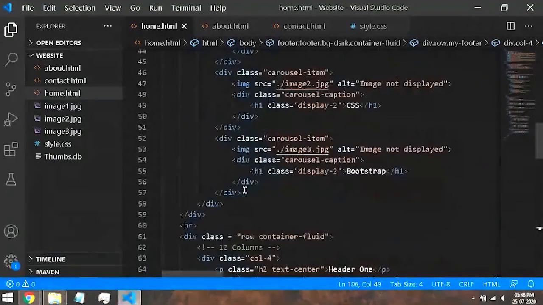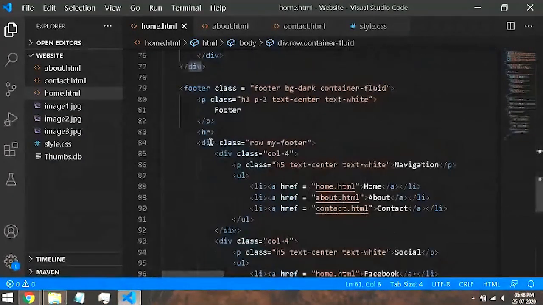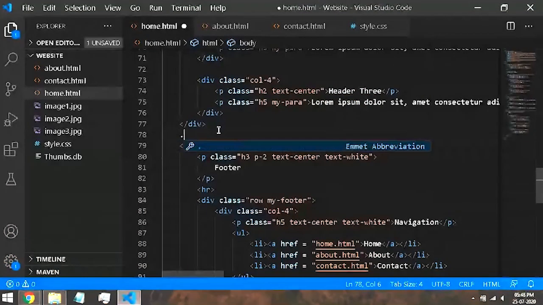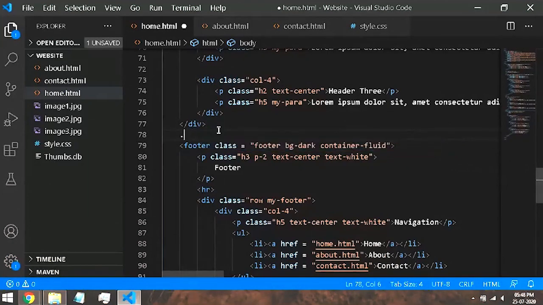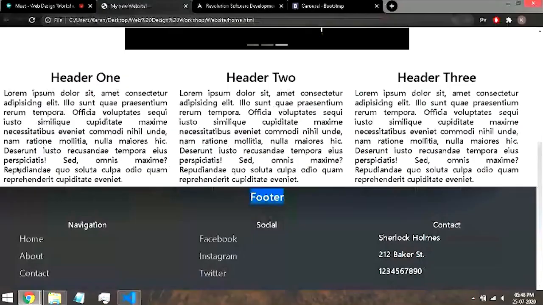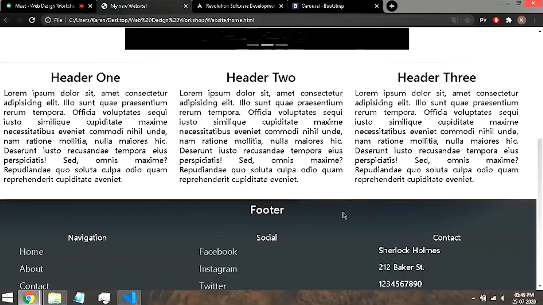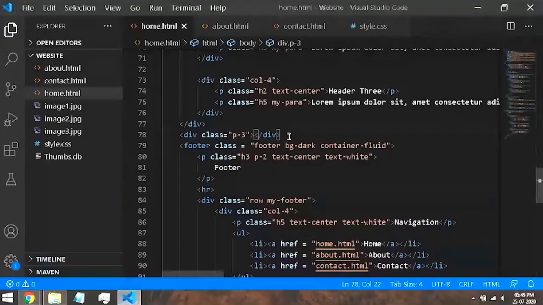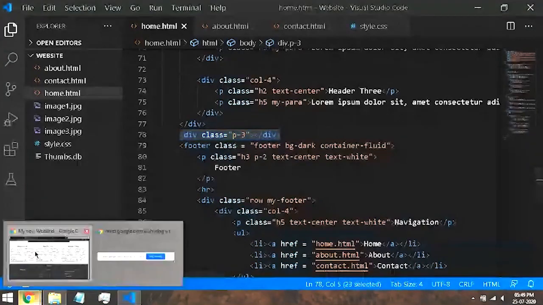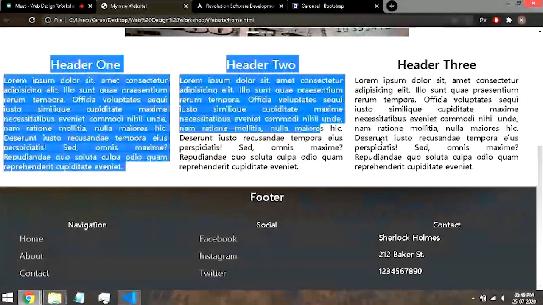So let me find those 2 elements. I think this is it. Yes. So here I will create another div called padding. Or we don't even need to say padding. We'll just say P3 of 30 pixels. We just added a simple division. Nothing was inside this. Now let's see, refresh. See, 30 pixels division was added equally between these 2 elements. So these are small tips that make your website look better. And I just had to add this simple line, and now it's looking much better.